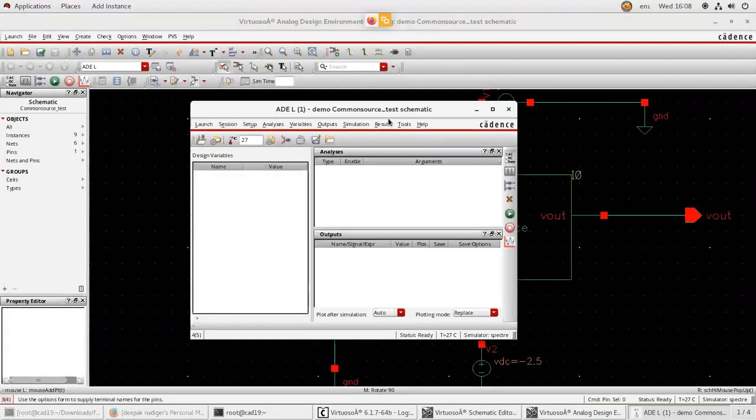So you will get this ADE L window. ADE stands for Analog Design Environment window. L is the license version, L, XL, like that.